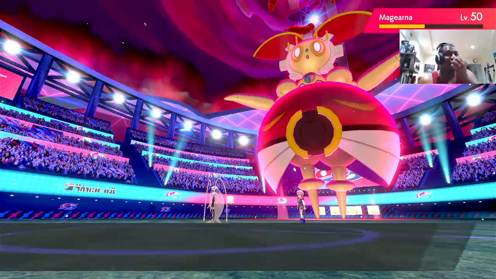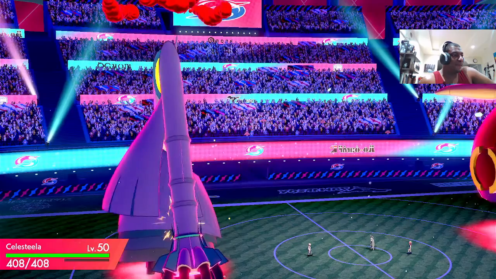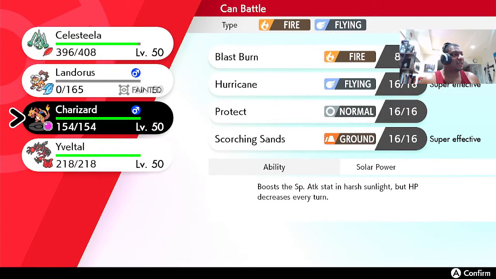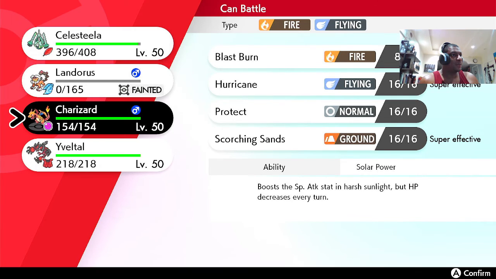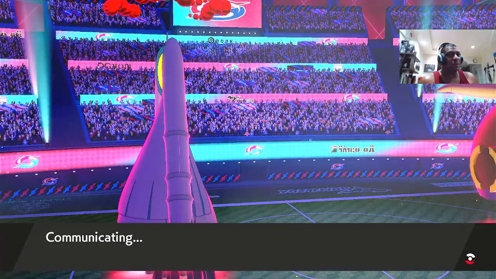Wow, an ice move. That's so interesting. So he set the hill. I think at this point I could just bring in Charizard to kind of pin down. Yeah, I think I'll bring in Charizard to pin down the